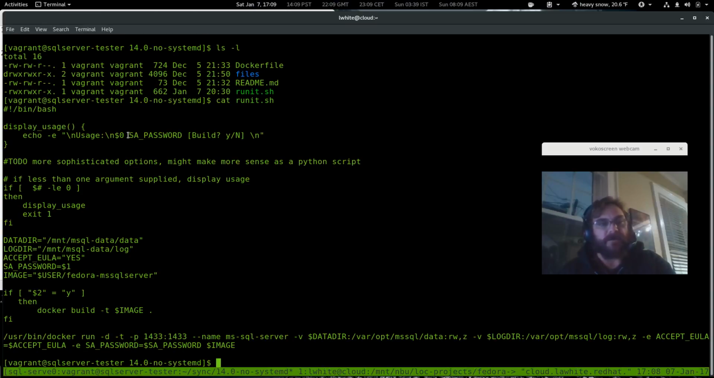So first thing it does is it requires the SA password. SA is sysadmin, I think, but it's basically root in the SQL Server database. And then it asks you whether or not you want to build the container itself. We already have it built, so we're going to run it without that flag. So we do have to pass the password,